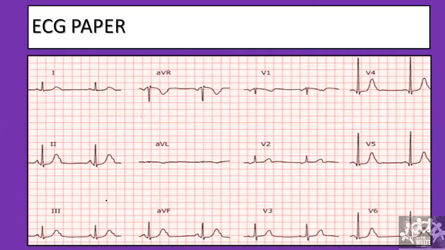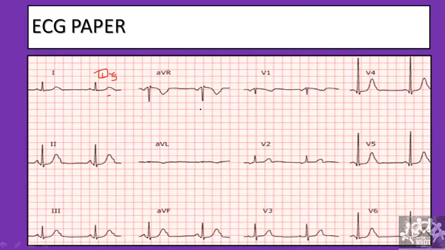Fine. So coming to the ECG paper. If we see the ECG paper, I'll highlight what is seen. We are seeing some red boxes. Among the red boxes, there are some which are very dark. Inside there are some light boxes. We'll call these large boxes. These are called large boxes conventionally, and this is called a small box. Okay. So we will highlight each box and see what happens inside.